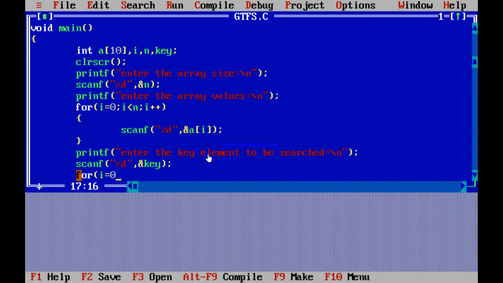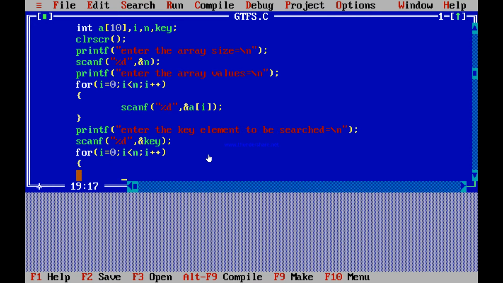So now we'll use the for loop for iteration. So i equal to 0, i less than n, and i plus plus. So we'll start with the if condition. What our if condition says is if key is equal to a of i, it means the key value should match within the array limit. So let's consider the array size as 5.